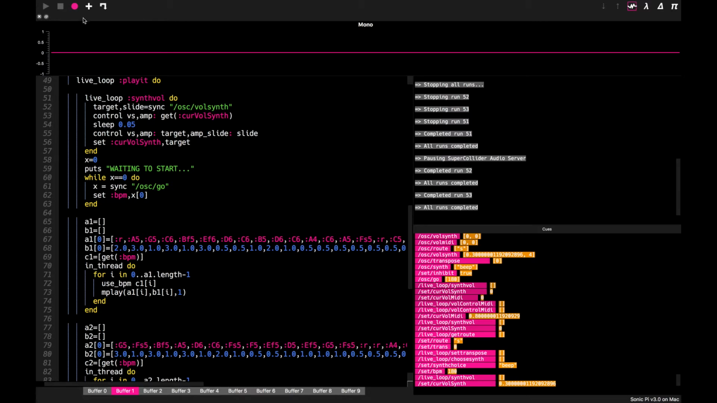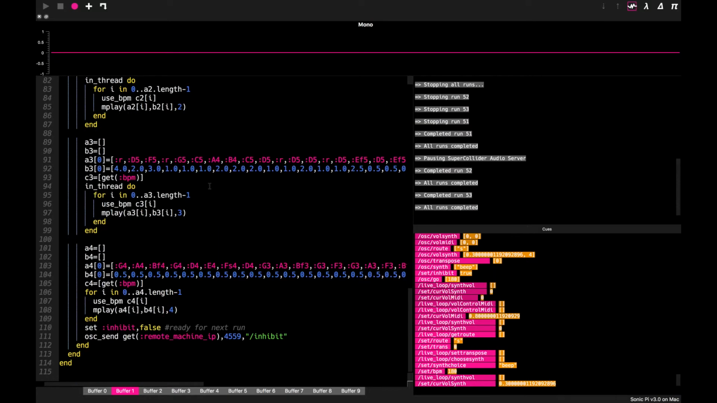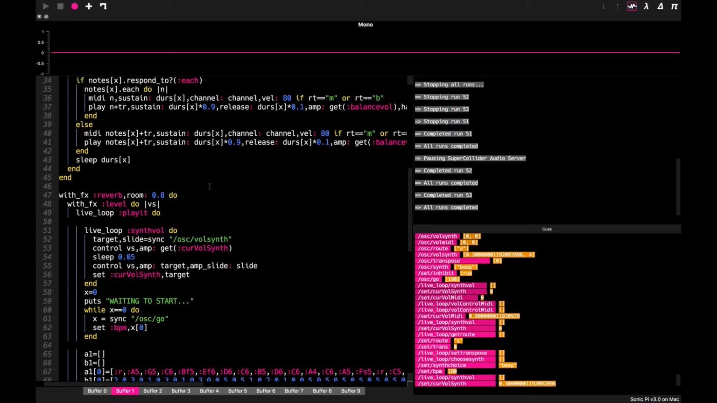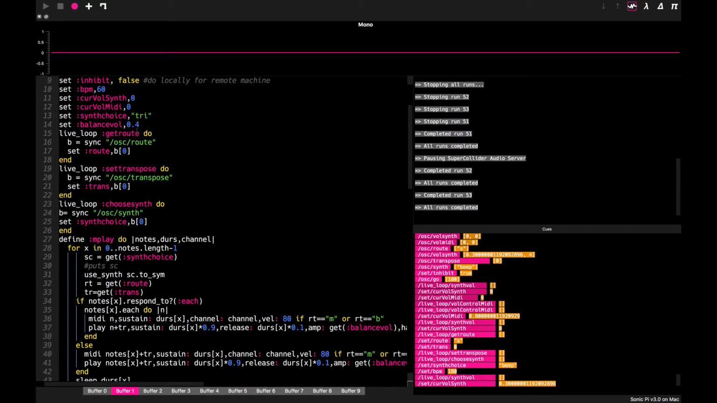If I want to load it up again, you can see that this particular file here is 10K long, and it's actually too long to run in a buffer. I've got the program here just to show you. The majority of it down the bottom here is just loads of notes, and the guts of the program is at the top here. And you'll notice that in it there are various OSC commands,